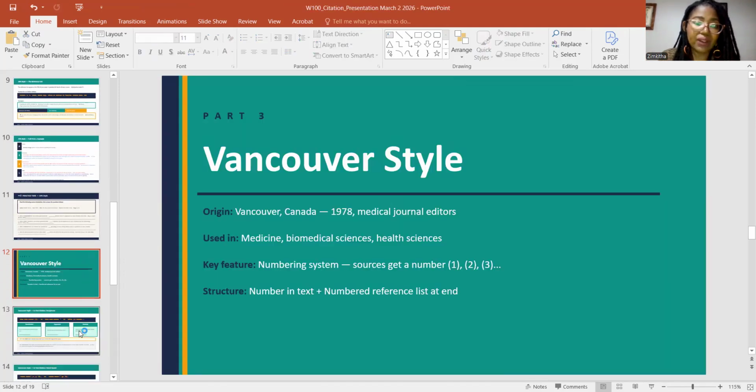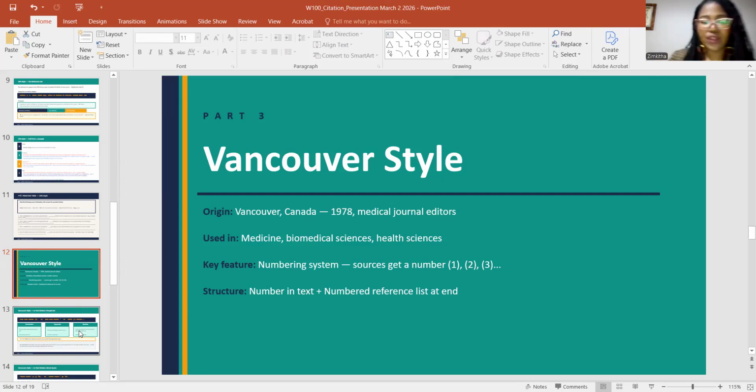Okay, now let's move over. So that was the APA citation. Now the next part is Vancouver style. This is more for our dentistry students. So if you're a dentistry student, you probably need to pay attention. Also, the other students do pay attention because we could be assessing you on this, even though you will not use this for our writing. You will not use this in our class because we are not a medical department, all right?